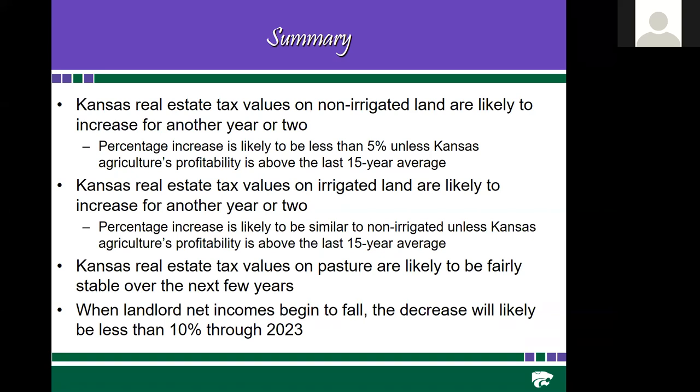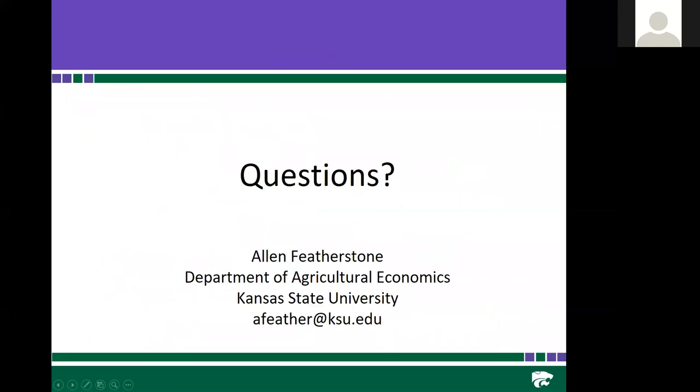probably relatively small. And so if we're looking for a 20 or 30% decrease in the values, you're going to have to get out more than 5 years for those to occur, just the way that formula is put together. And so hopefully this provides you a little bit of indication of what's going on with